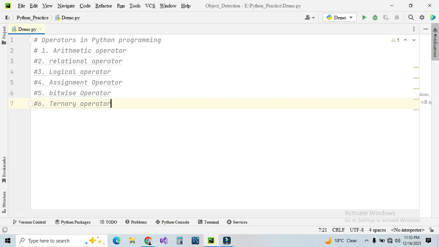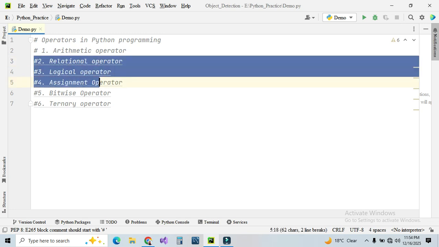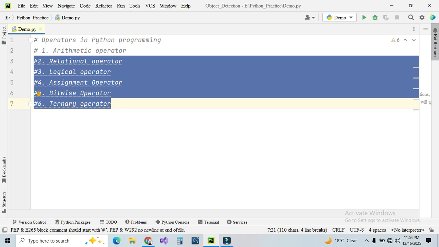So we have total 6 basic operators in Python programming. So first one is arithmetic operator, second is relational operator, third is logical operator, fourth is assignment operator, fifth is bitwise operator, and last one is ternary operator. Okay, so these are the 6 basic operators that are available in Python programming, and now we cover every operator one by one. So first we concentrate on arithmetic operator. So first we cover arithmetic, then relational, then logical, and then assignment, then bitwise, and last